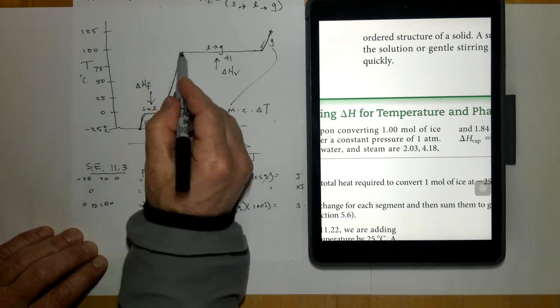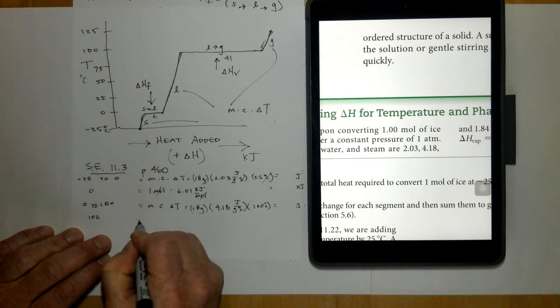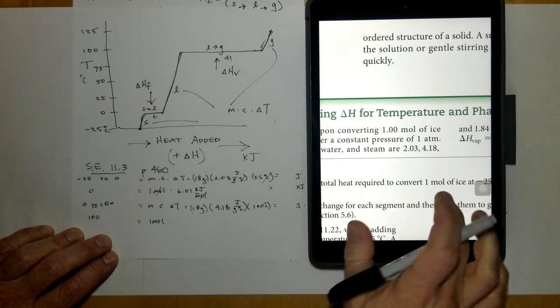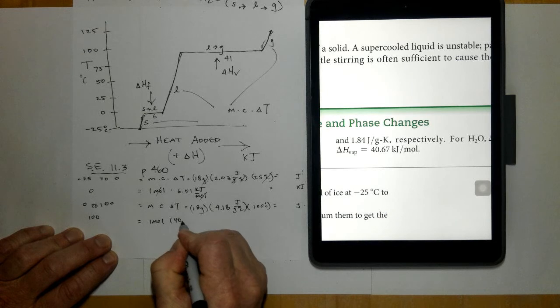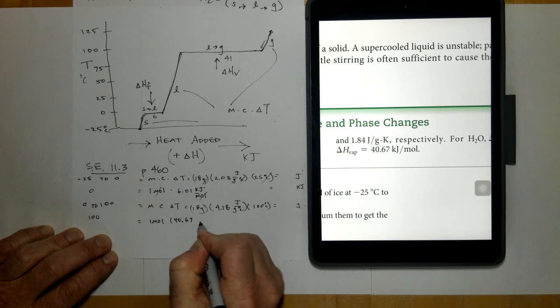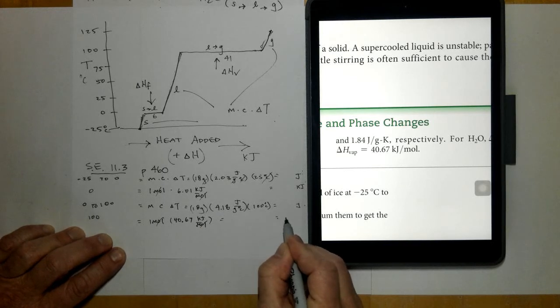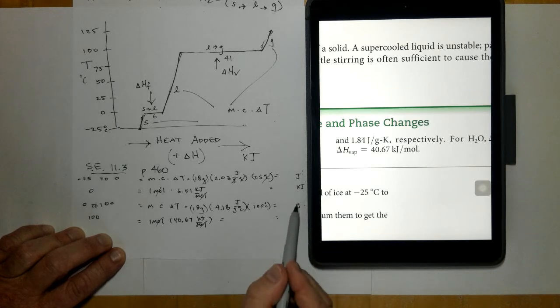Then at 100 degrees Celsius, that's where we're going to boil it, or change it from liquid to gas. And so this is where we're once again going to use 1 mole, and then we're going to need that enthalpy of vaporization, which is 40.67 kilojoules per mole. So notice how my moles cancel with my moles once again, and I'm given a kilojoules answer for this part. So notice how they're in different units here, and I'll have to convert those before I